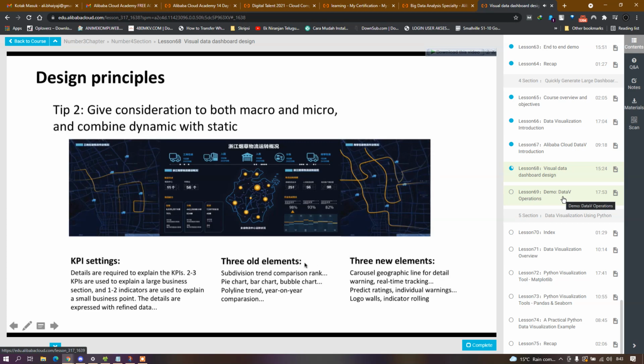And also you need to combine dynamic with static. There are some old elements, old components which are in static mode, and